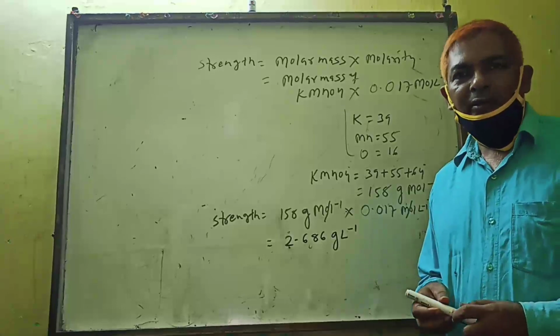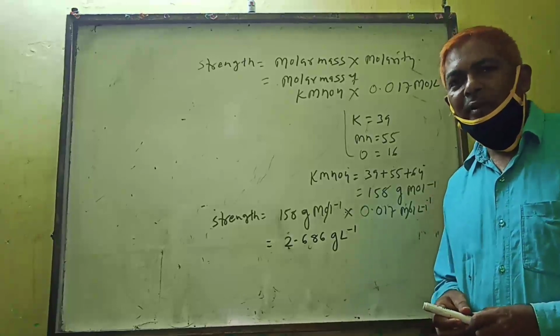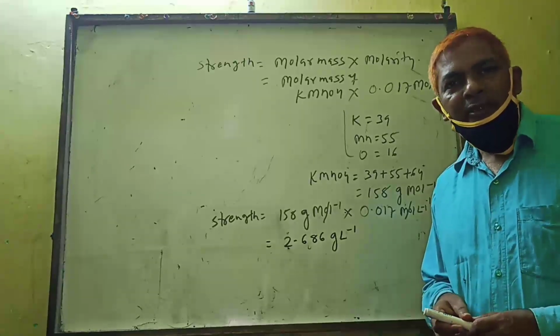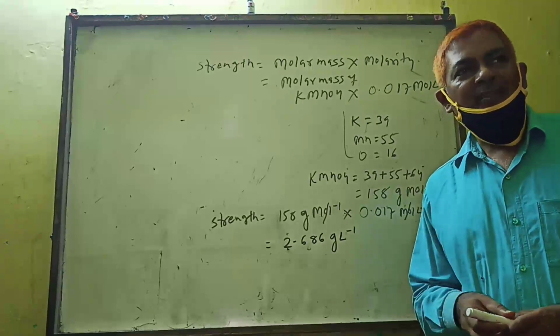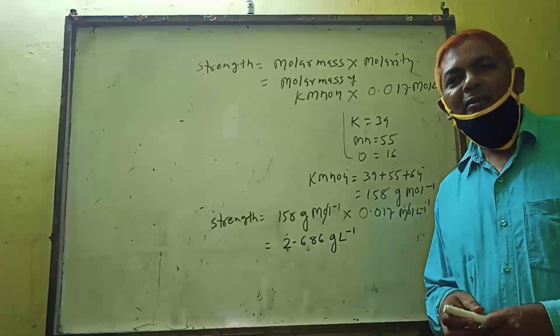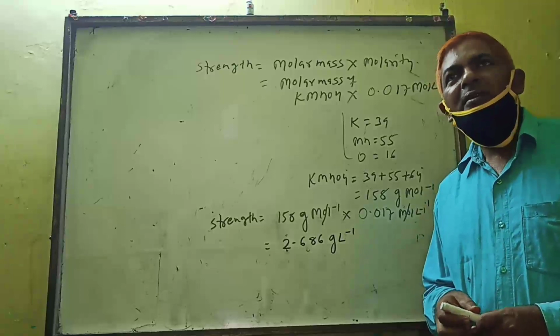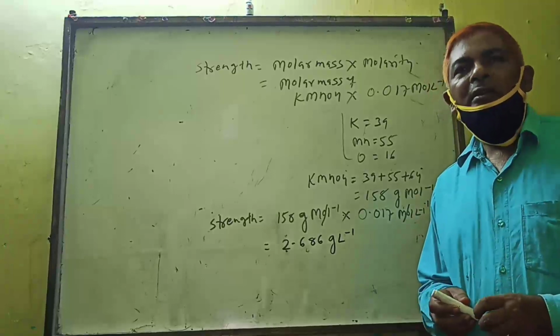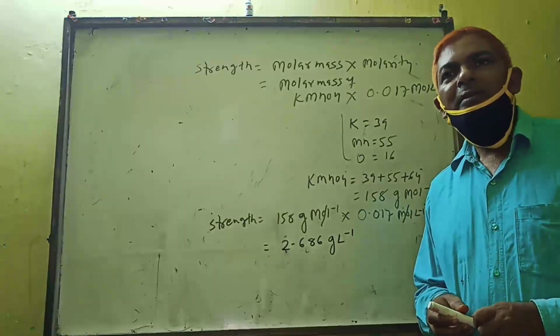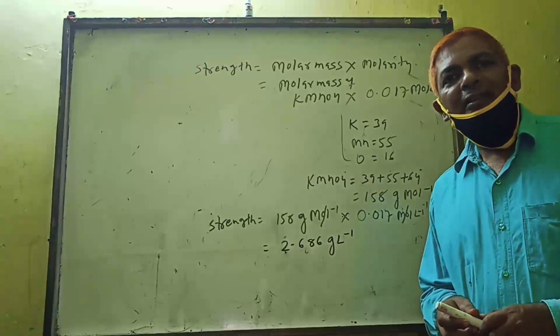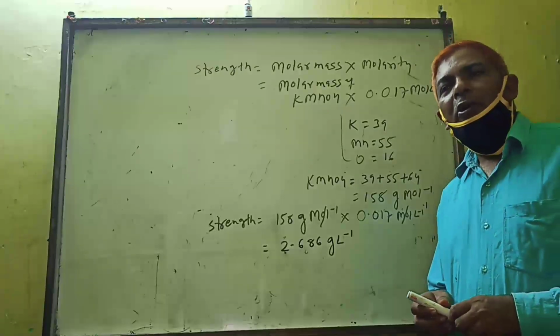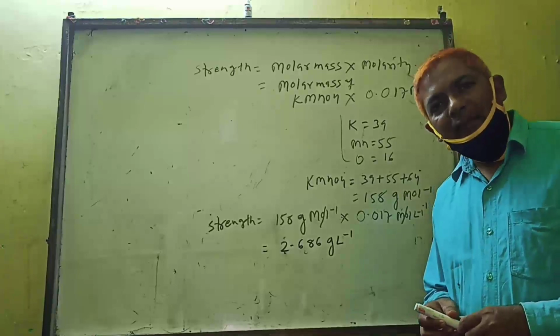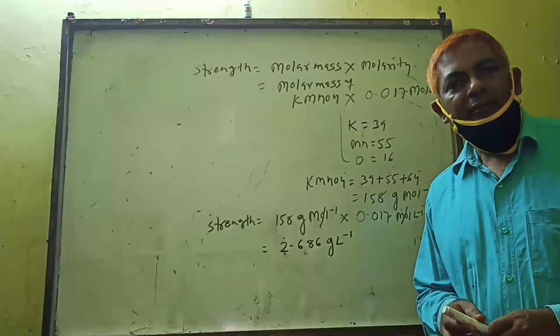So I am requesting all to note down this experiment in the copy with the date, and two to three things are required. Procedures are not required in the copy. Write the aim of the experiment, the chemical equation that is required in the reaction, the observation table, then the calculation. That's enough. Okay, thanks all.